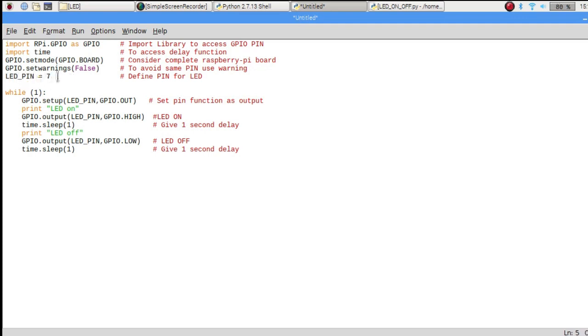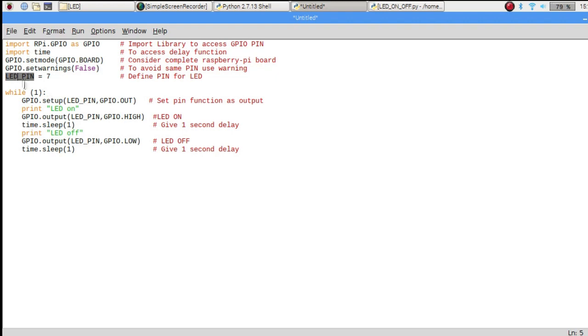This is actually the best method. If in future you want to change the pin number, you can directly change it to 11 or 13. You need not change each and every place where that pin is used. So the best method is to always declare the pin number with a variable.